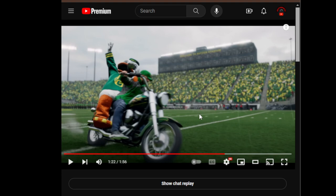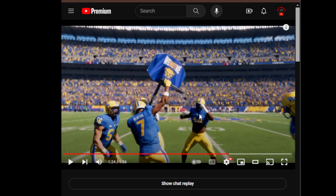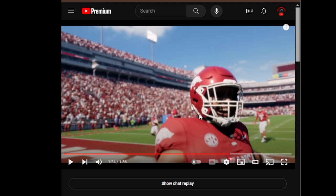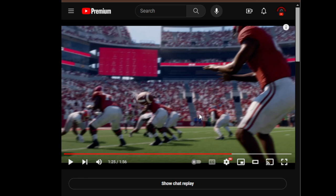Just kidding, that's not Lee Corso, but it is Oregon in a rain game, and then you get Pittsburgh and their "We Not Me" dunk that they do during a turnover. Then we get a cut to Arkansas really, really quick. Can't tell who they're playing, but then we get a big play here between Georgia and Alabama, and I immediately